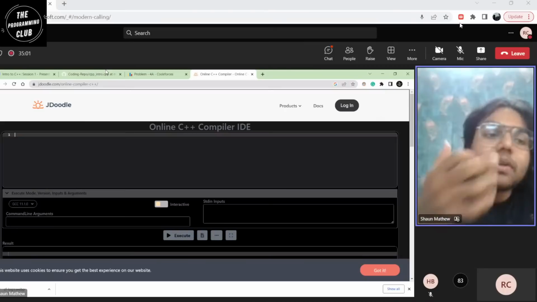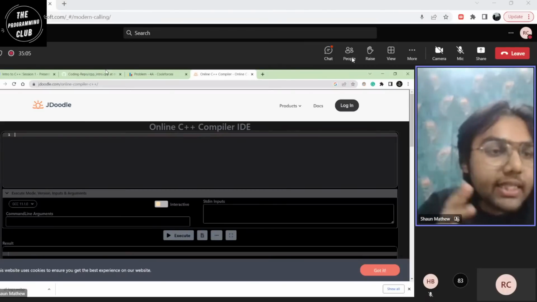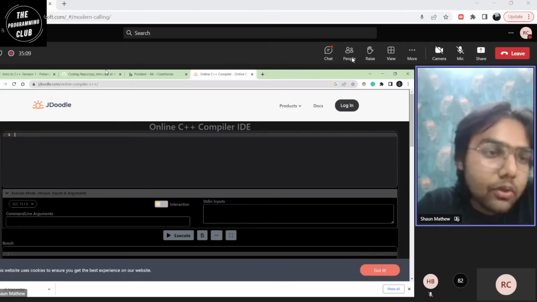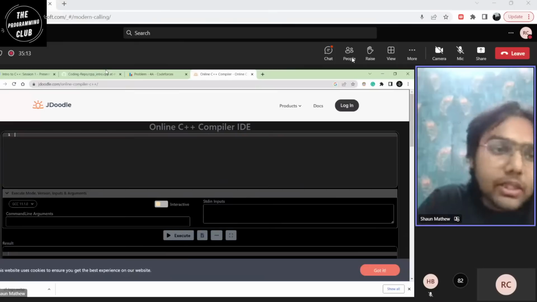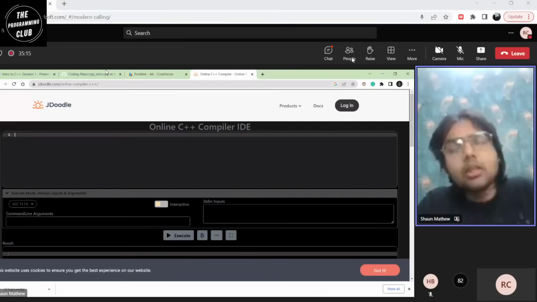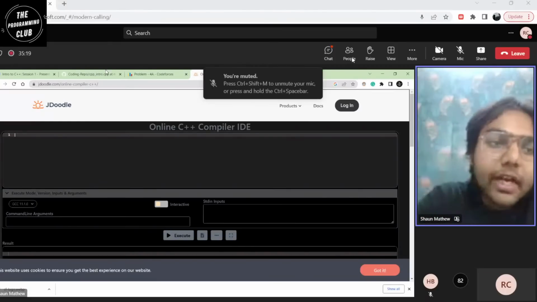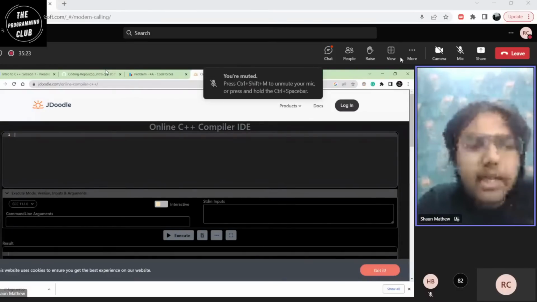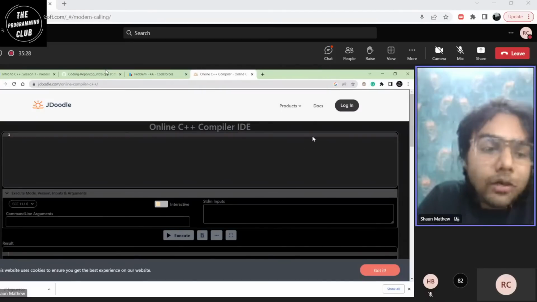Suppose you want to get some task done. Suppose you get hurt, so you want to get to the hospital to get yourself treated. Suppose you want to file a complaint, you go to the police station. Suppose you want to learn something, you go to school, right? For every task you have some kind of institution or body responsible for doing it. Very similarly, you can assume header files to be these organizations which help you carry out functions.